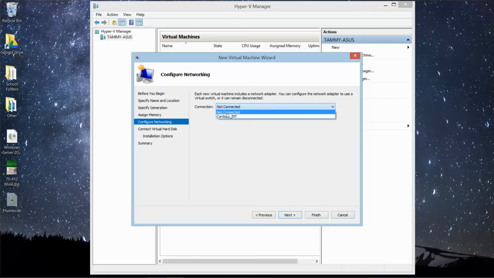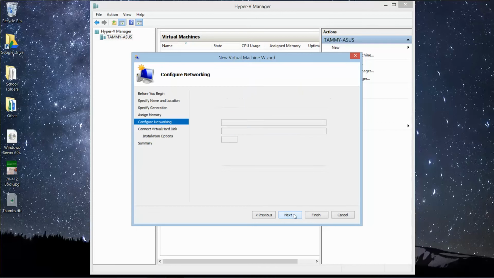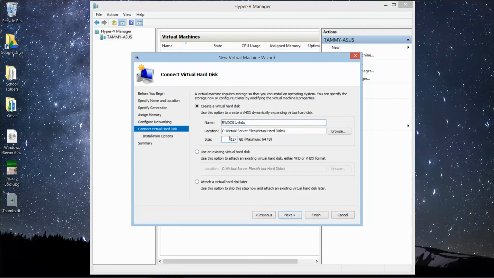Okay, here's the connection. This is where we're going to identify the switch that we wanted to connect to. So we're going to connect to the Contoso INT. And next. And then the space that we want to use on here is going to be 70, and then we'll go ahead and click on next,